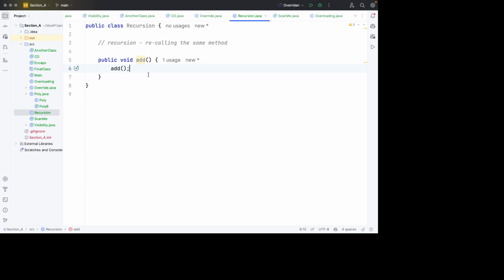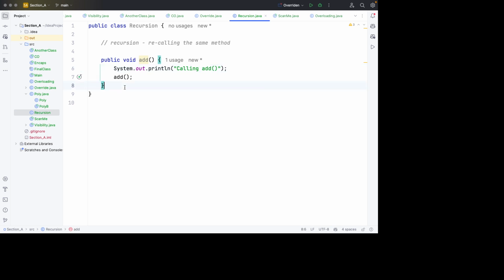So as you see, IntelliJ is saying this has become a what? A recursive call. So we are going to have this method, but it's going to call itself, because when you call it like this, it's going to still execute this block of code. So if we output calling add like this,